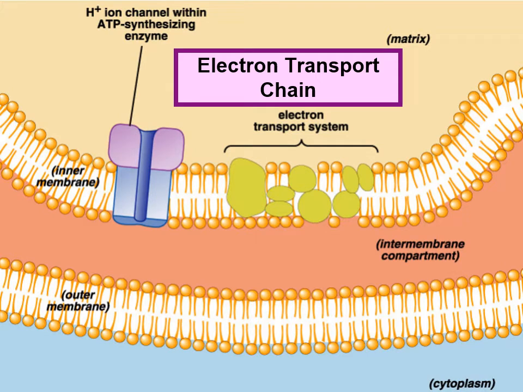Okay, so now we move to the final stage of cellular respiration that occurs in the electron transport chain. The electron transport chain, or ETC, takes place in the inner membrane of mitochondria. When you look here, this is the structure of the mitochondria. The mitochondria have a double membrane, and the ETC